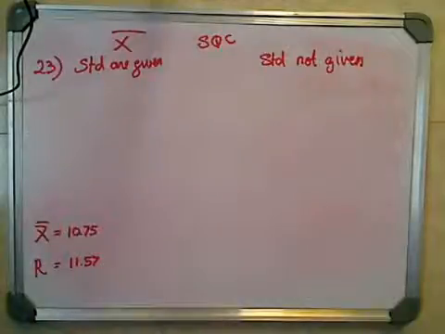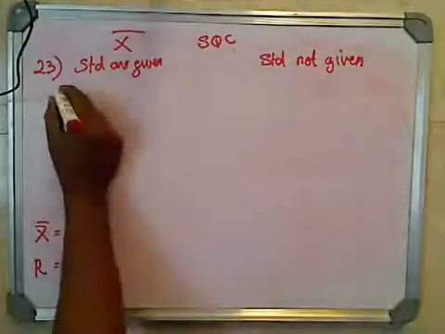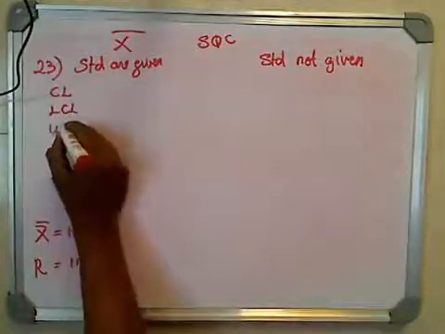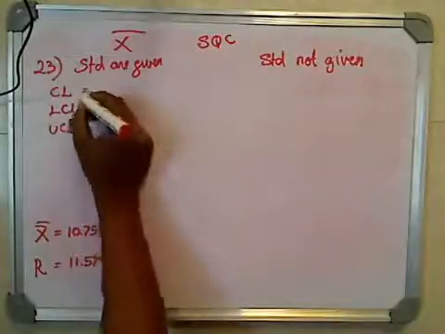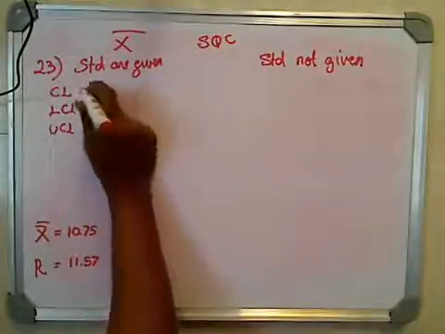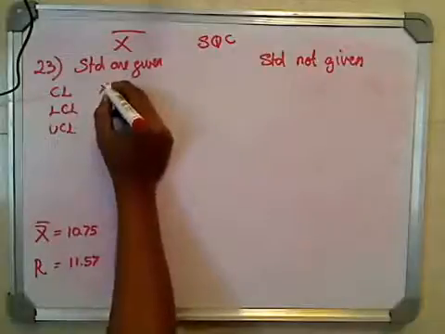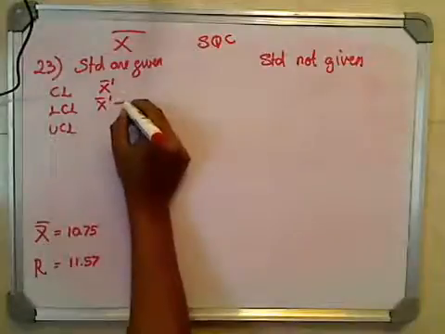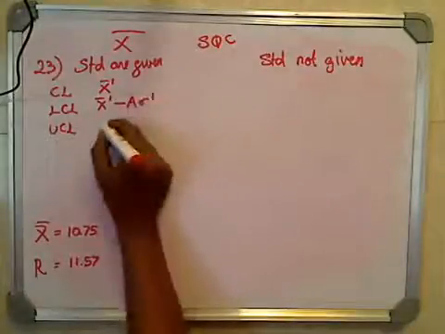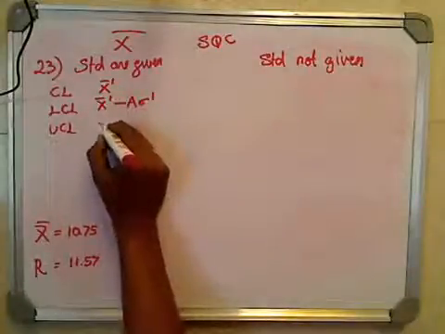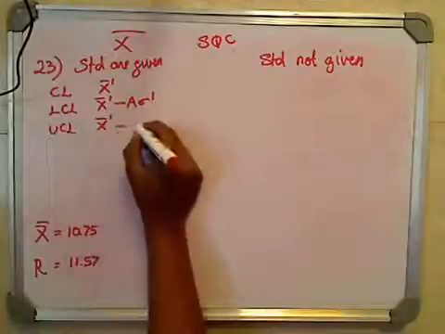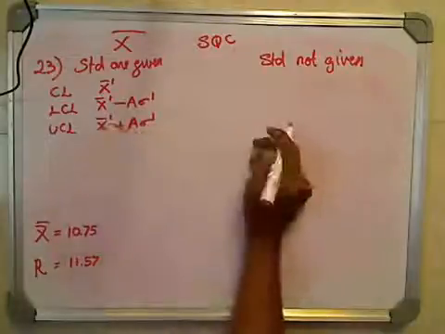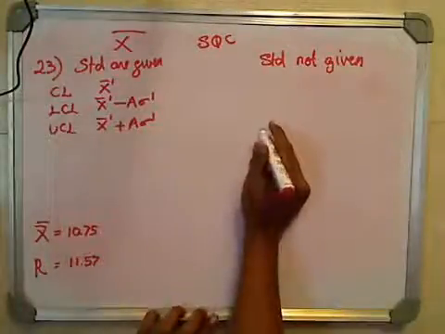Now, let's calculate the X chart when the standards are given and in cases where the standards are not given. Now the control limits, the lower control limit and the upper control limit. In this case, the lower control limit is given by the formula X double bar minus A times the standard deviation. I will get to that in some time. Plus, the similar thing in the case when the standards are not given: